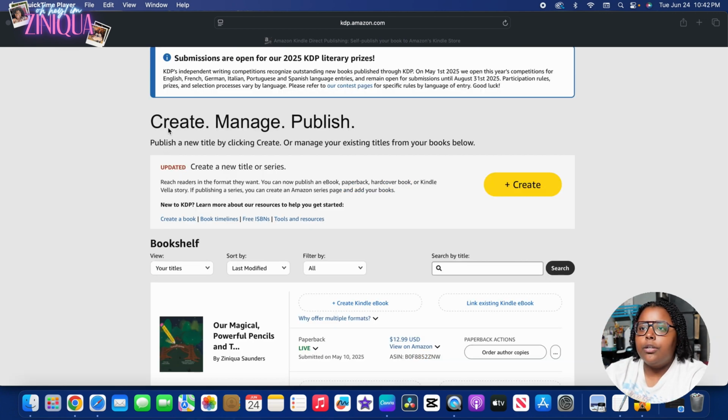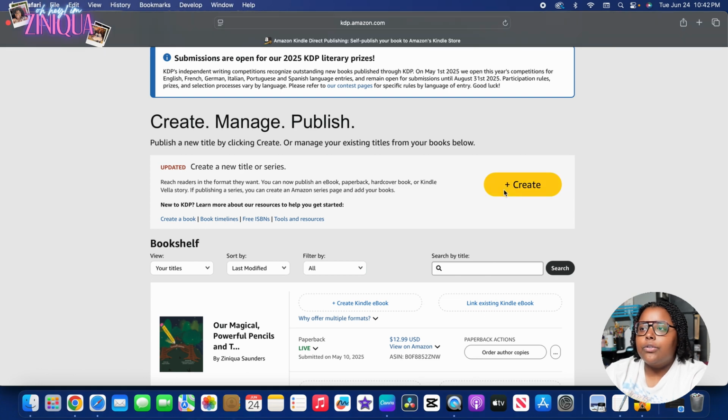We're going to come down here under create, manage, and publish, and we're going to publish a new title by clicking create or manage your existing titles from your books below. I don't need to manage anything. We're trying to get one uploaded, so I'm going to click this big yellow button that says create,